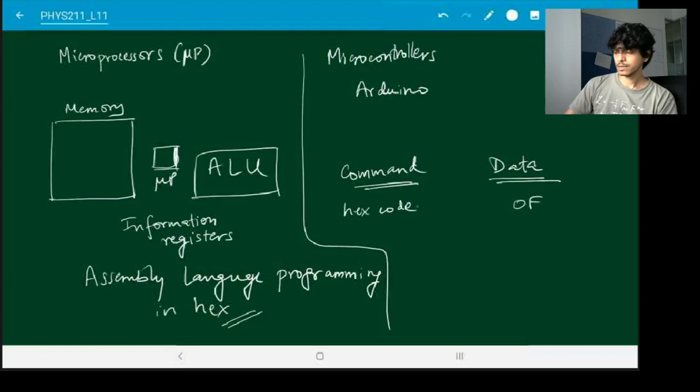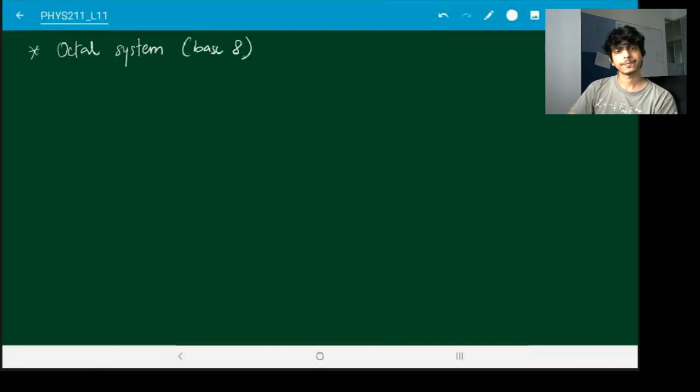The last number system that I want to discuss over here is the octal number system. And this is, as the name might suggest, base 8. Conversion is somewhat similar to how it works for the hexadecimal system, except instead of grouping in sets of 4, you group them in 3s. So for example, suppose I have the number 53 in decimal. Let's first convert it to binary.